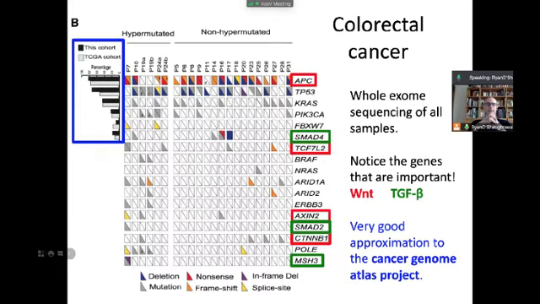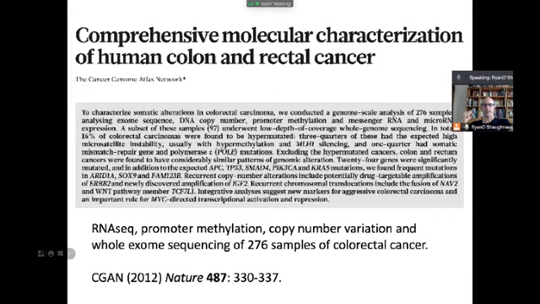So here we have a whole exome sequencing of all the samples, and we can see here that some genes we've encountered before are very important. APC, SMAD4, beta-catenin. So a lot of the Wnt signaling pathway is mutated in the colorectal cancers. And so now we have a complete comprehensive molecular characterization of these colon cancers, not just through tissue samples, but also through